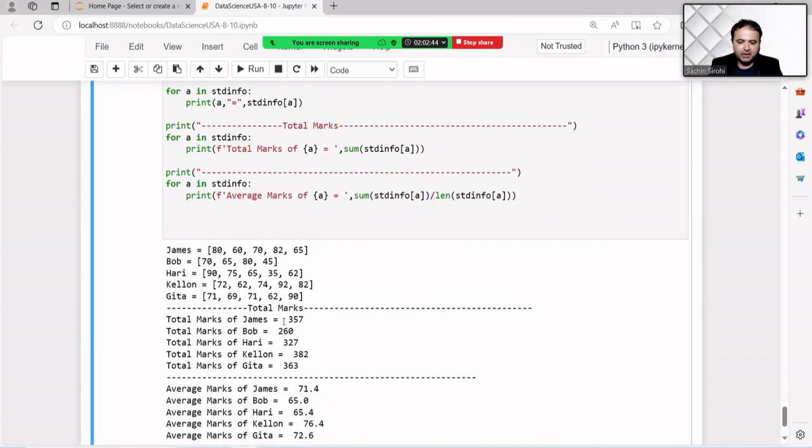So it is the total marks, and for that the average marks.